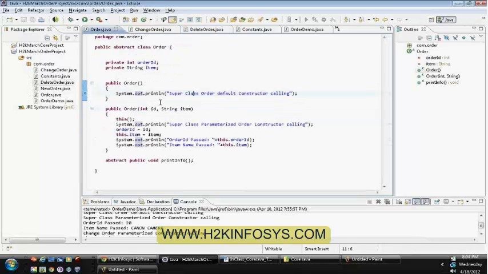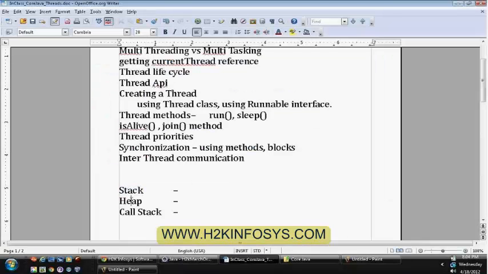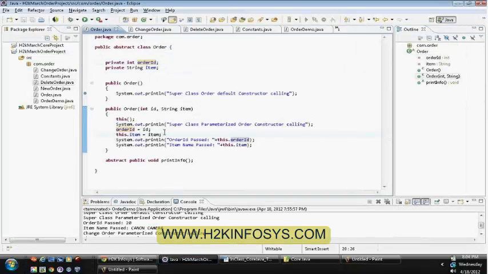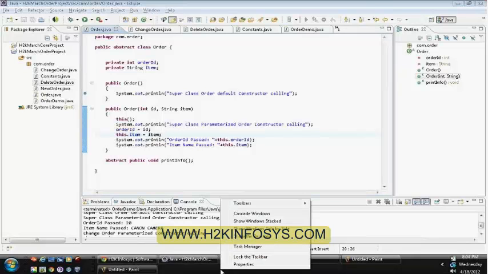I'll explain briefly what kind of members will go to stack and what kind of members will go to heap. Currently, we are talking about the JVM, Java Virtual Machine, and the JVM memory allocated for it. As you can see, I have opened Eclipse here. By default, it will start javaw.exe.